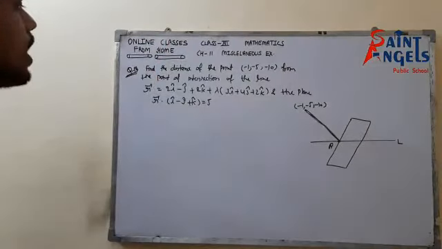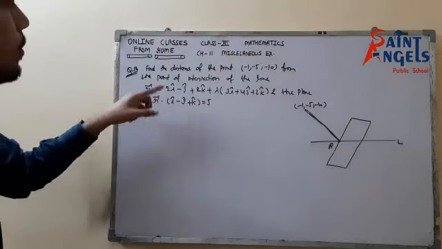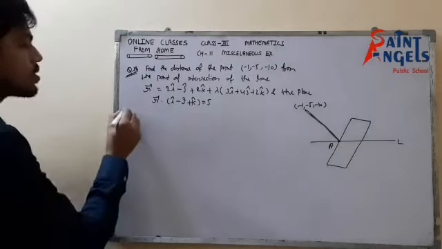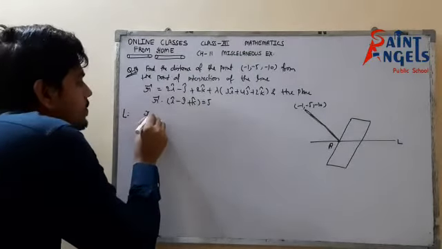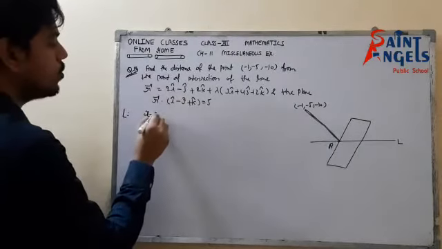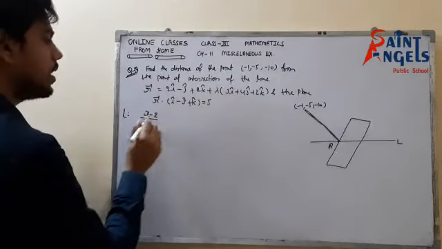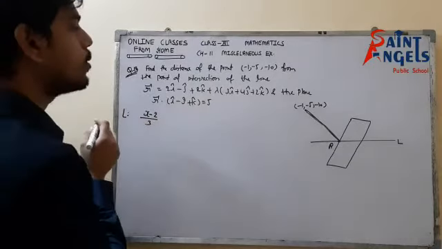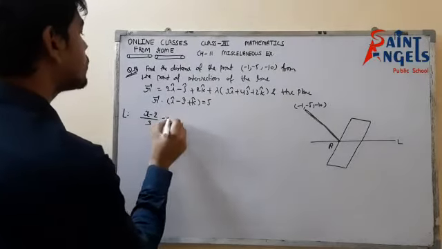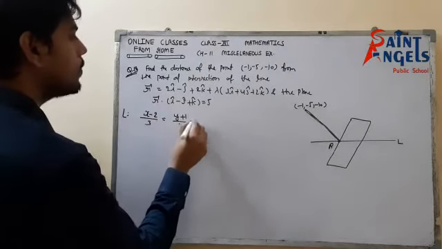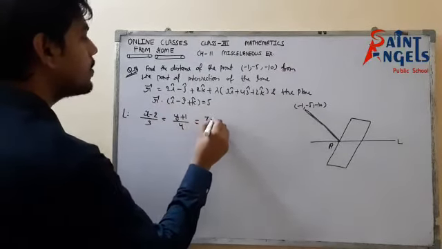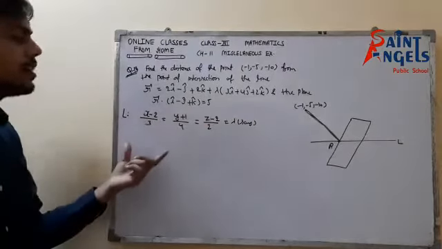Okay. So now, first of all, I am writing the equation of plane and line in Cartesian form. What is the equation of line in Cartesian form? That it would be x minus x1, it means what? 2 upon its, so that would be 3. Then equals to, it would be y plus 1 upon 4 equals to z minus 2 upon 2 equals to lambda, say. Okay, so this is the Cartesian form of line.